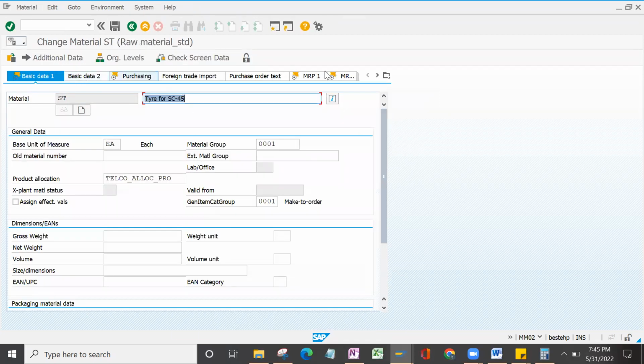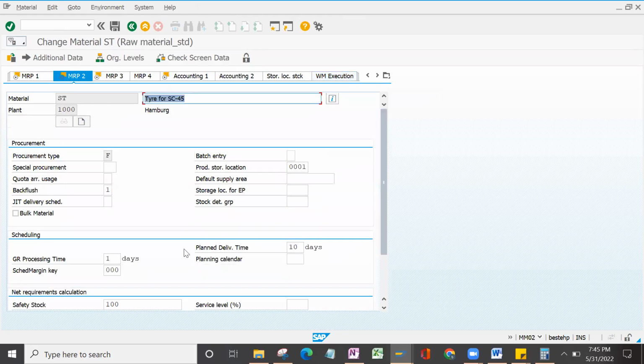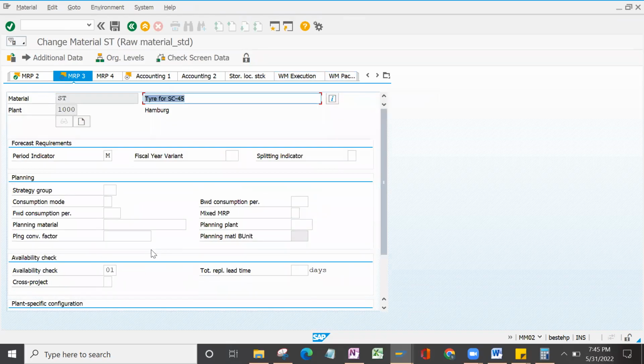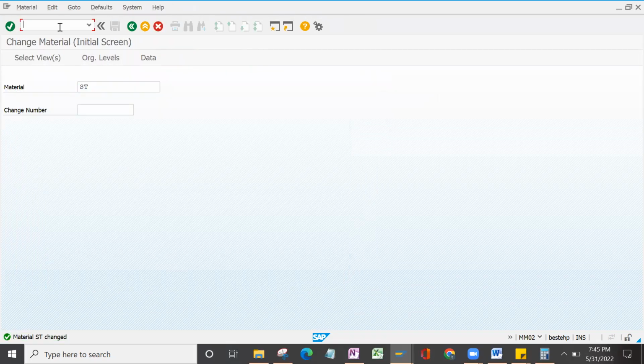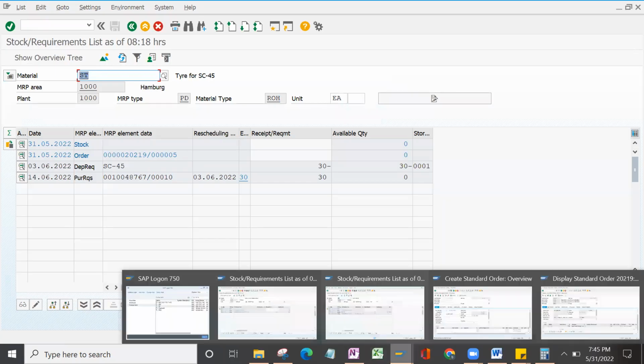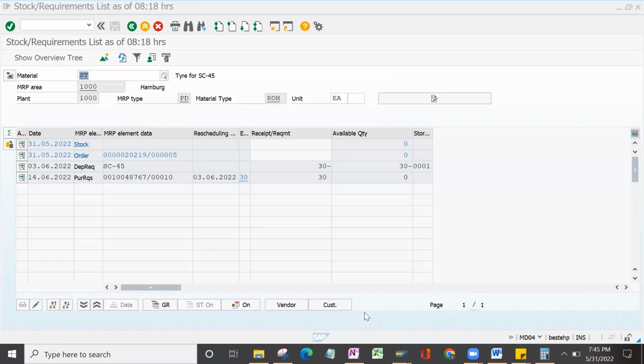Enter under the MRP2 view, there will be the safety stock calculation. Remove this, press enter and save it. Now if you go back to your MD04 screen and press enter, only my sales order, dependent requirement and purchase requisition. Now with respect to the header material,